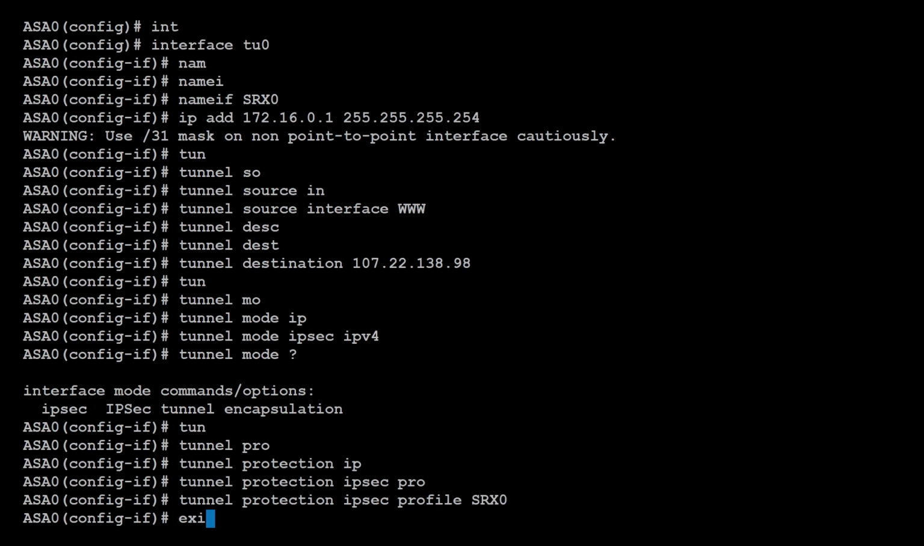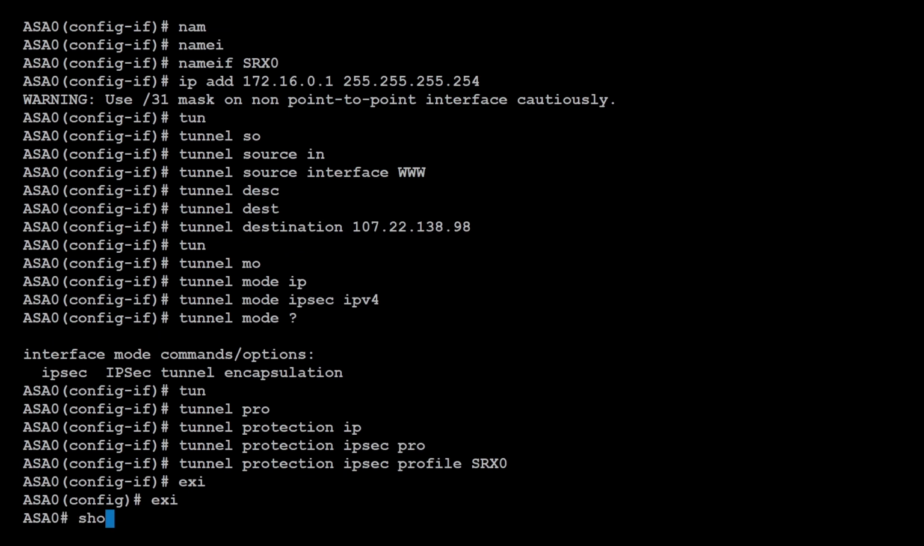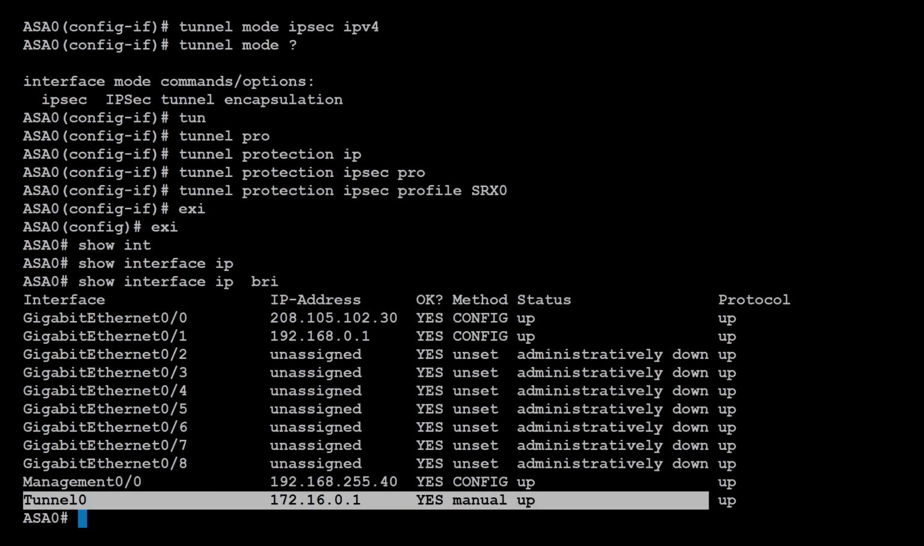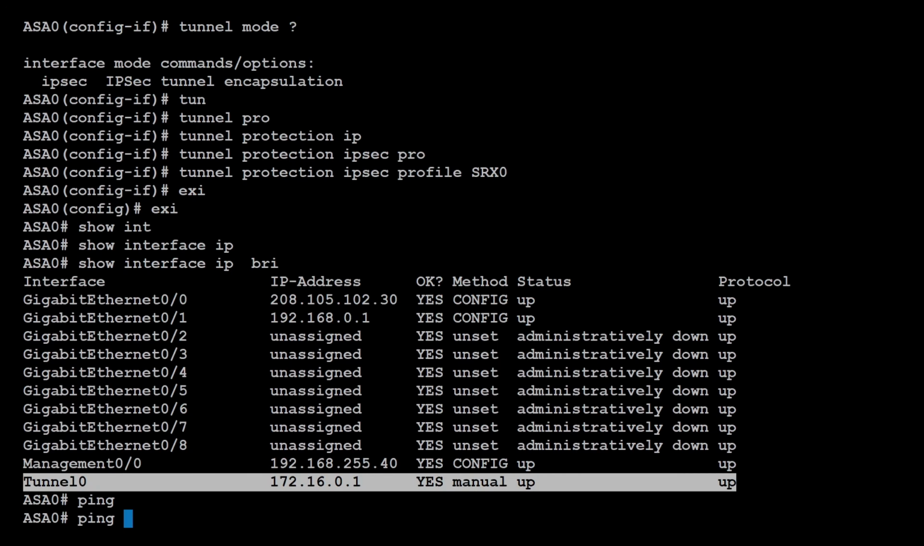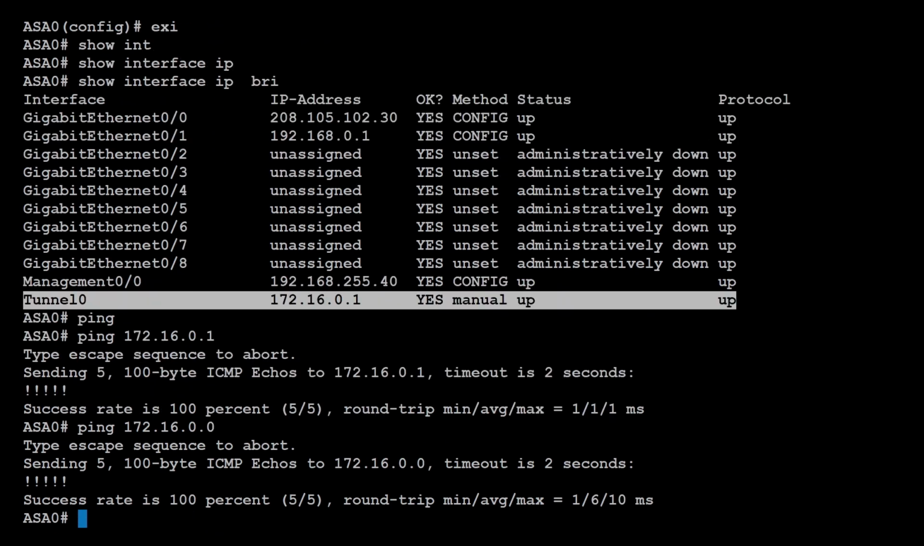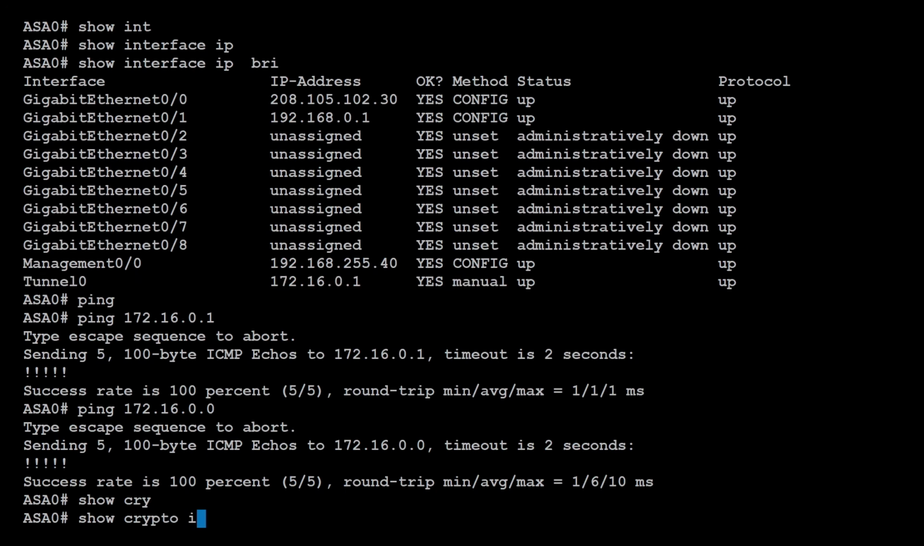All right, so let's get out of that and take a look and see if this tunnel came up. So this tunnel will show down if the IKE and IPSec aren't up. So it looks like it's already up. Let's see if we can ping across it. We'll make sure we can ping ourselves, and we can ping across it. So the IPSec tunnel is already up. Let's take a look at the IKE